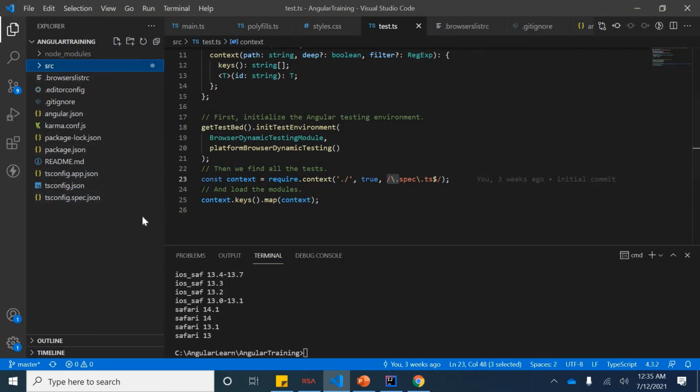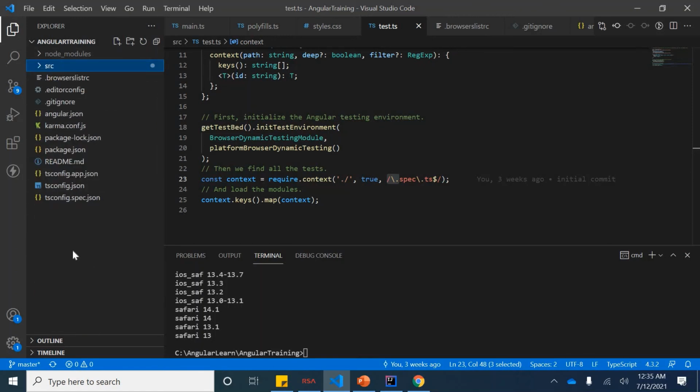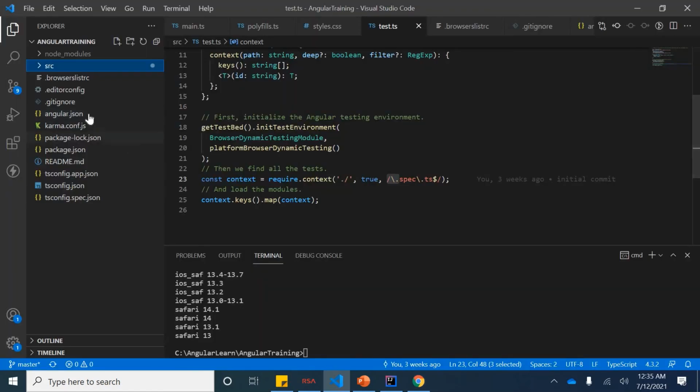Okay, so this is pretty much about the folder structure. Basically we should work and check more into package.json, package-lock.json, and angular.json, and these files are really essential. Inside src we have certain other things too, and these are also very important to understand. So please refer to the Angular documentation for more details, and we can talk more about it if you have any doubts. Thank you.